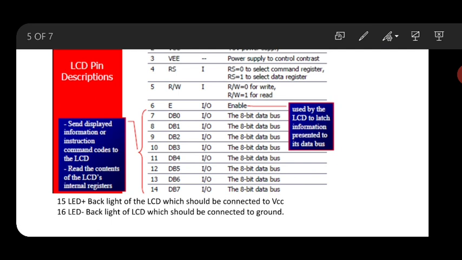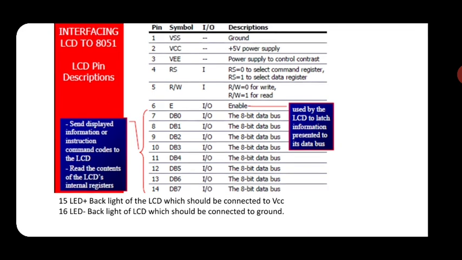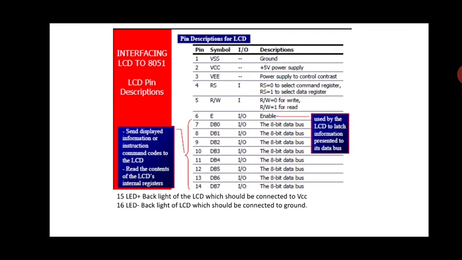Pin 3 is for contrast; you can increase or decrease the contrast with it. Then there are pins 15 and 16. We need not bother much about these, because for programming purposes we don't use them. Pin 15 is the backlight of the LCD, which should be connected to VCC, and pin 16 is the backlight of the LCD, which should be connected to ground. When you enable this, the backlight is activated, so when you switch it on, it will turn green, and some kind of screen will be available to display the data bits.